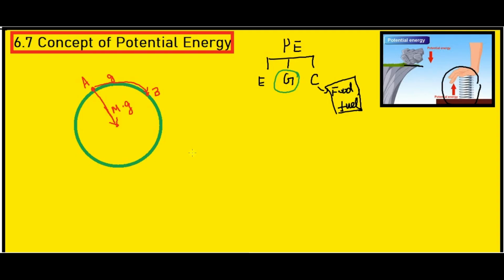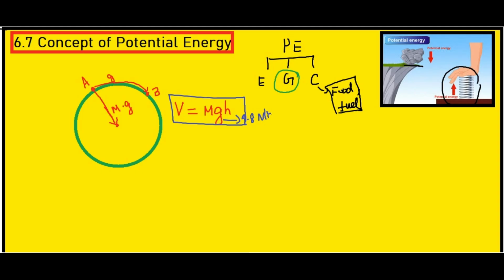This is also the gravitational potential energy stored in the object at height h. Therefore, the gravitational potential energy is given by the formula V = mgh, where the value of g is 9.8